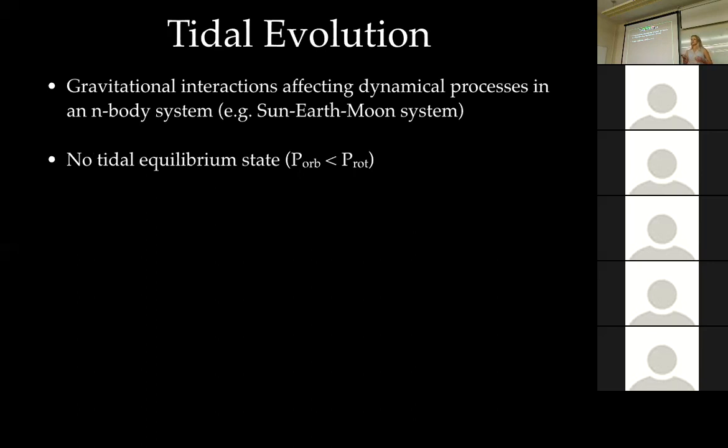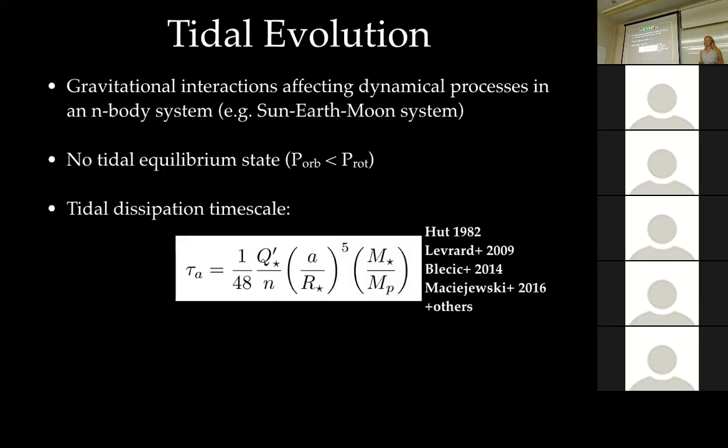And when this happens, the planet is transferring angular momentum to the star, which causes the star to spin up. And the only way that the system can compensate for this is basically by shrinking. It's a shrink in orbit. And because it's already surpassed this equilibrium state, this planet will migrate in until it's eventually engulfed by the host star. So this is more commonly referred to as orbital period decay.